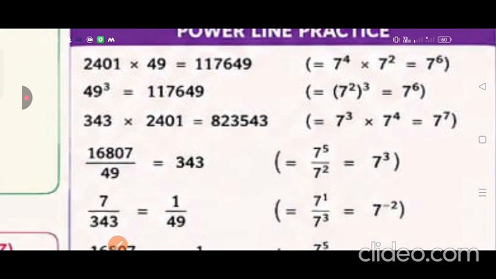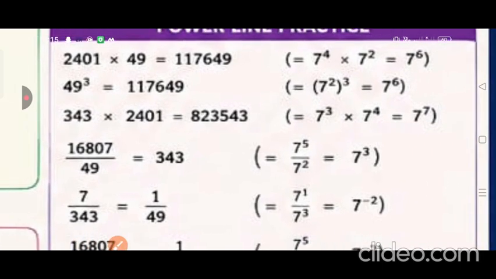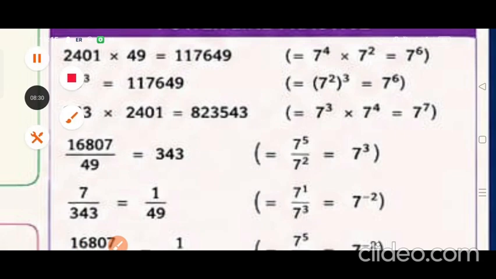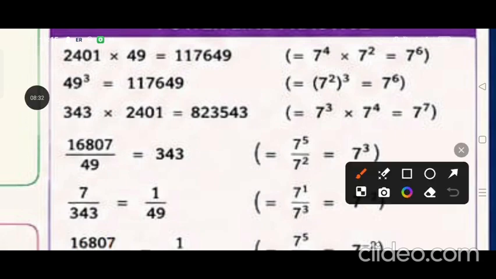Similarly, 49 cube is equal to 1,17,649, because 49 can be written as 7 square raised to the power 3. So 7 raised to the power 2, raised to the power 3, we get 2 multiplied by 3, 7 raised to the power 6. In this way,